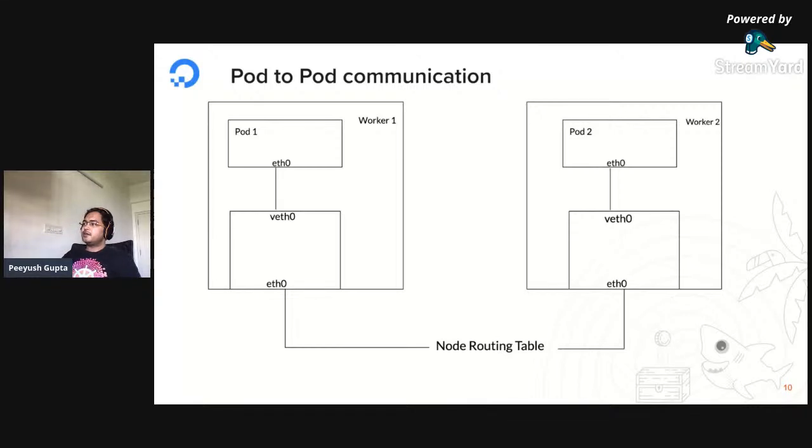That's right. Now, what happens when you want to communicate with a pod that is actually on the other node, not on the same node? Now all the pods are part of a private network. It's almost a similar process to what we saw in the previous diagram. You start from worker one, where you have pod one. It's going to go to Ethernet 0.